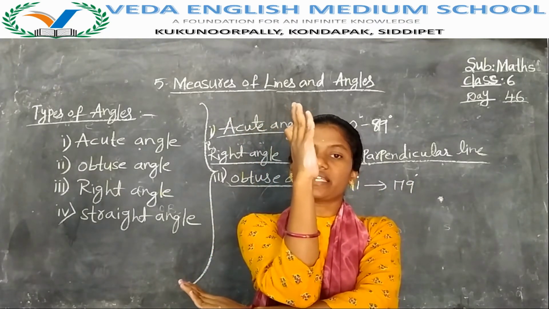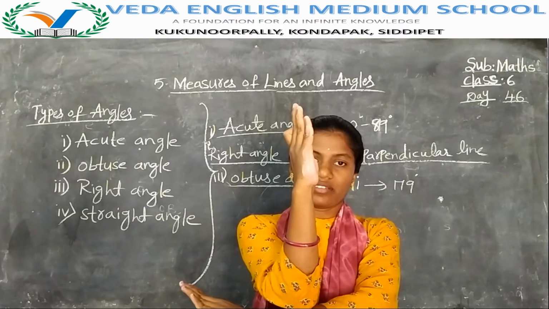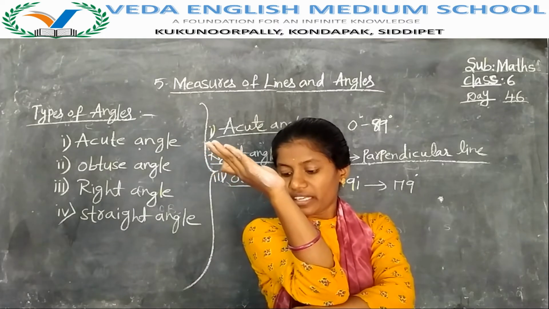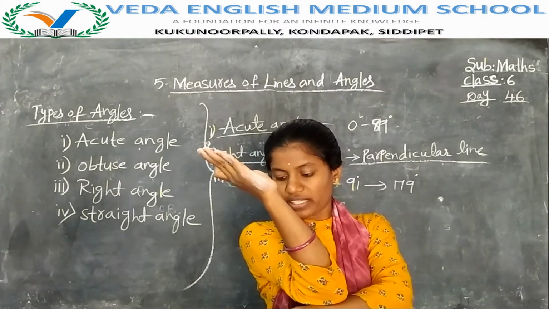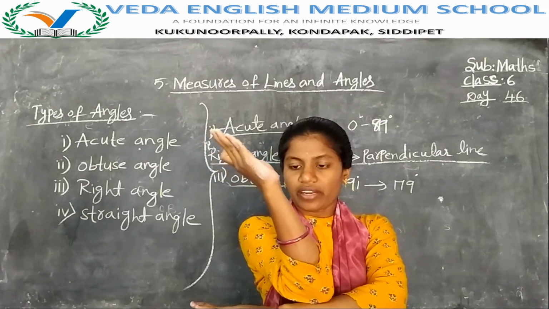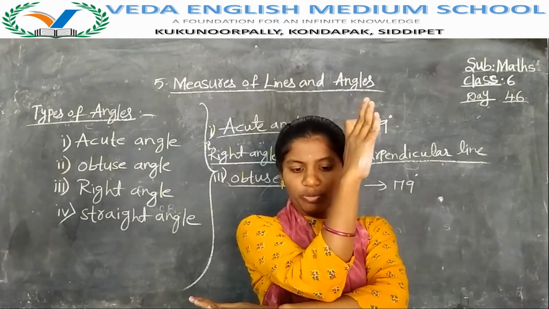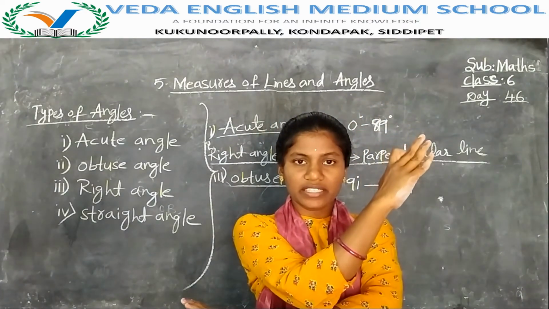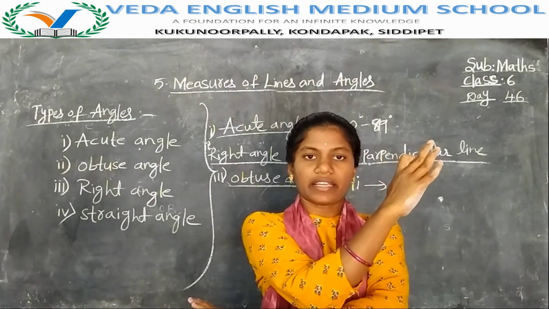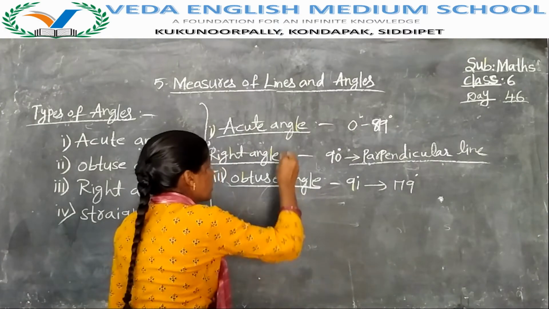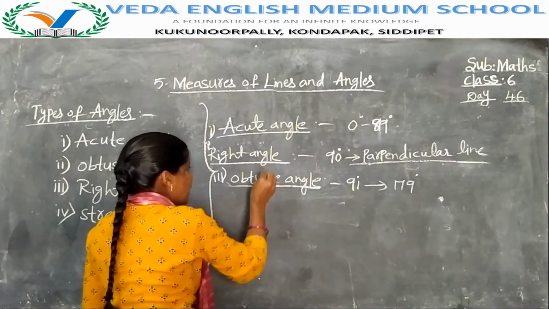Once again, exactly I kept my hand like this. Now it is exactly 90 degrees. Now if I show the hand like this, observe the angle here, it is less than 90. That means it is an acute angle. Now see, I am moving my hand past 90, like this, then it is an obtuse angle triangle. See: acute angle, right angle, obtuse angle.